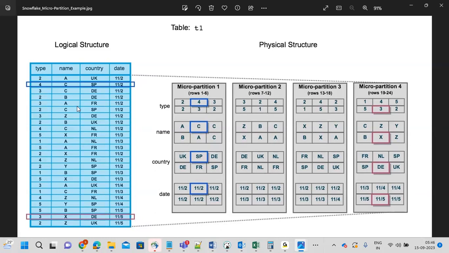If the data is available in more than 3000 micro partitions, and while reading specific records from this table, 3000 micro partitions are scanned to bring the data, then it will cause a performance issue. Because if the data is available in only 10 micro partitions, but to read it, it scans the entire set of micro partitions, that will cause a performance issue. So to avoid that,